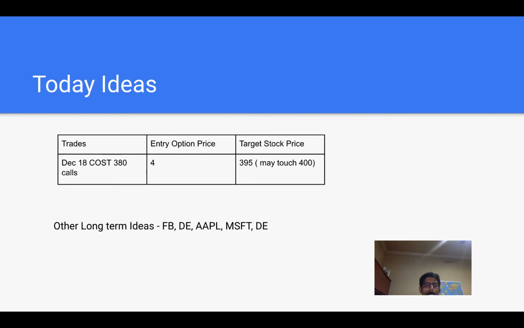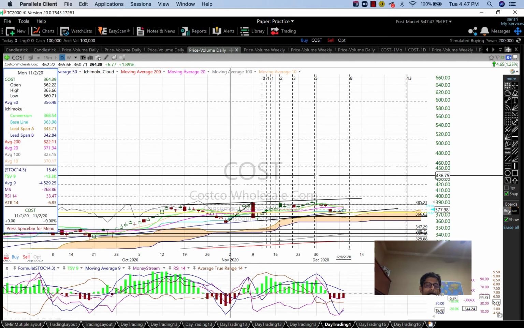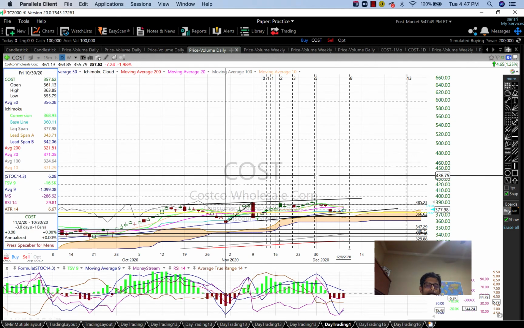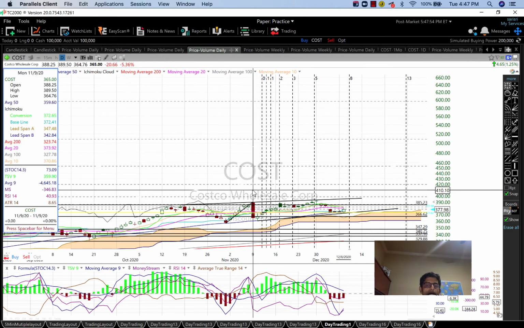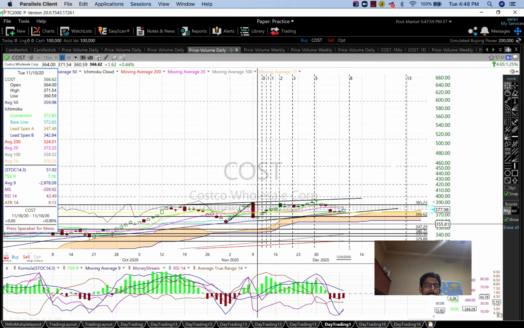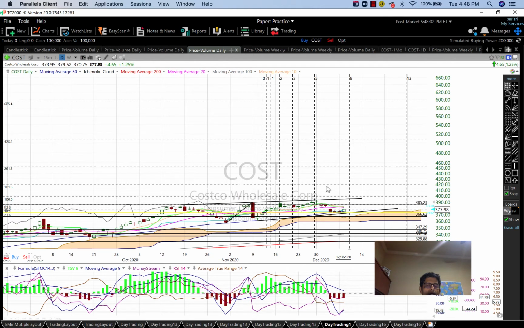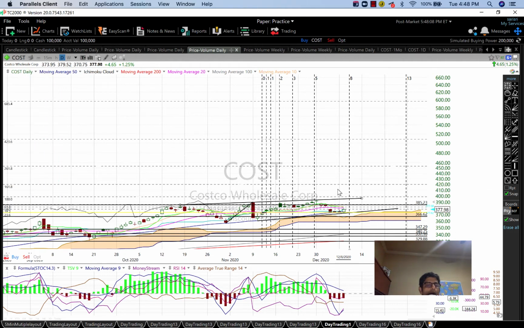Now let's look at COST. Like I was mentioning yesterday, it had started from a low of 355.79 and had gone to a high of 389. Then it retraced back to 360.59, which is more than 90 degrees. And then it went back to 393. At this point of time, it didn't hit 395, which would have formed a 180-degree angle on the Gann square of 9. But it didn't, so it gave back. So it looked like a typical earnings move.